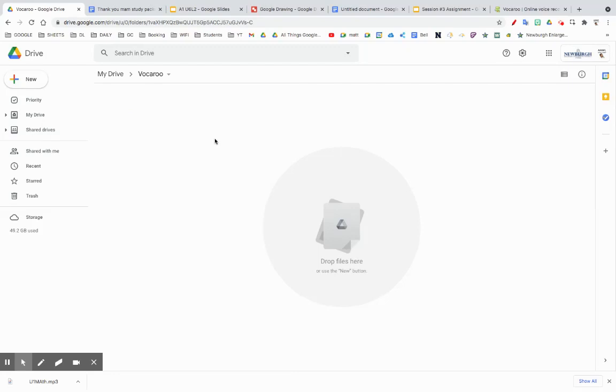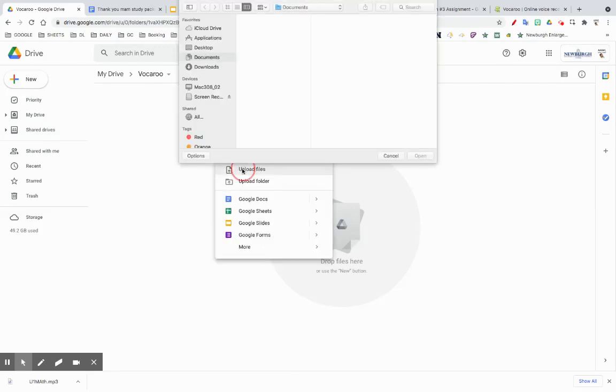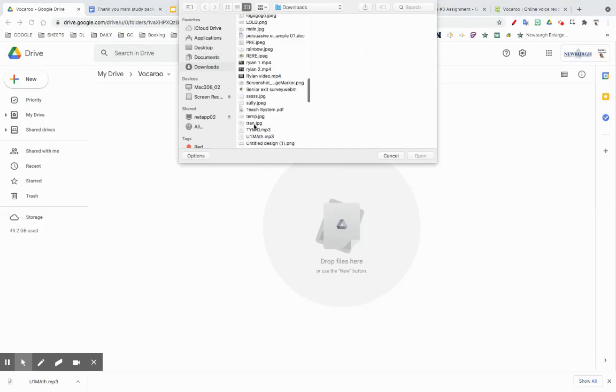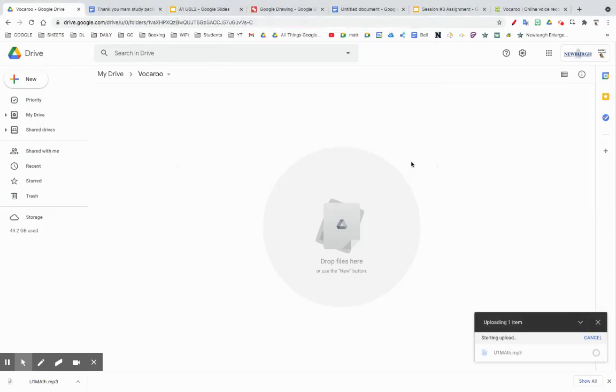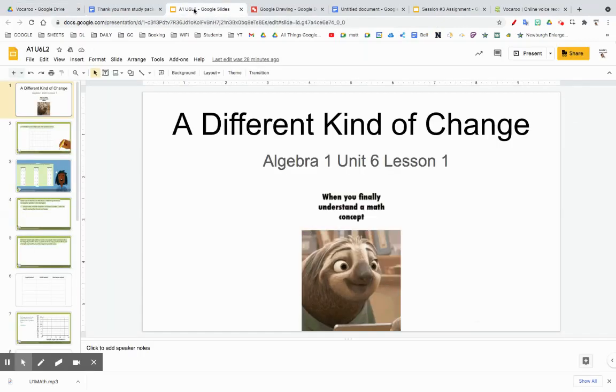And then you would just right-click, upload files, and then you would find the file you just did. Okay, Unit 1, and then you hit open. Okay, and then it uploads it to there. There's a reason why you do this, because when you go back to your slide, all you have to do now